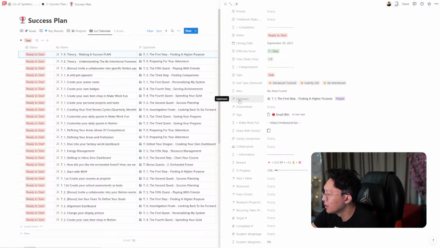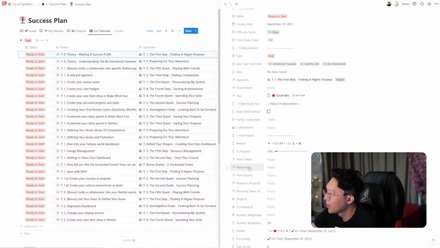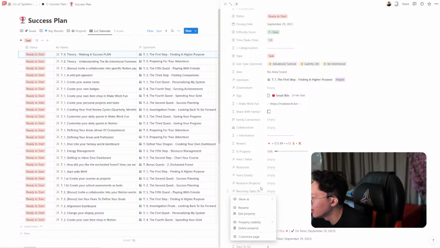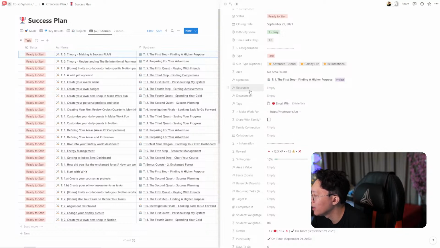Yeah, so this is success plan upstream, success plan downstream. Yeah, there might be a better way to do it as well. But I wanted to link the task database over to the resources as well. So potentially there could be an upstream there. That's why I did it that way. Yeah. But these are all technically just related. So this doesn't belong here actually. And recurring tasks can be deleted as well. But I think resources should be up here. And then we say this upstream